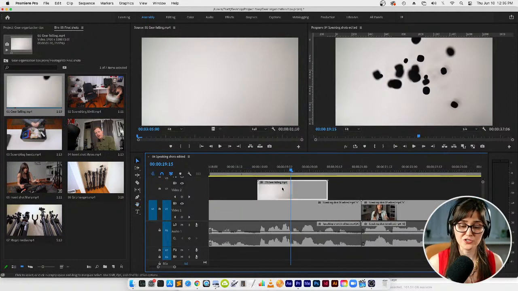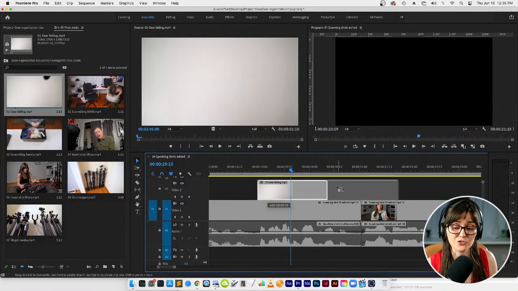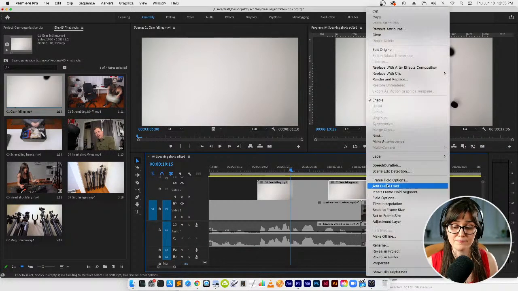A really fast way to do that is to hold down the Option key if you're on a Mac or the Alt key if you're on Windows. Keep pressing that key down, and then drag out to the right, and that's going to duplicate the clip. So, beautiful. Now, to reverse this clip and speed it up, we're going to right-click,